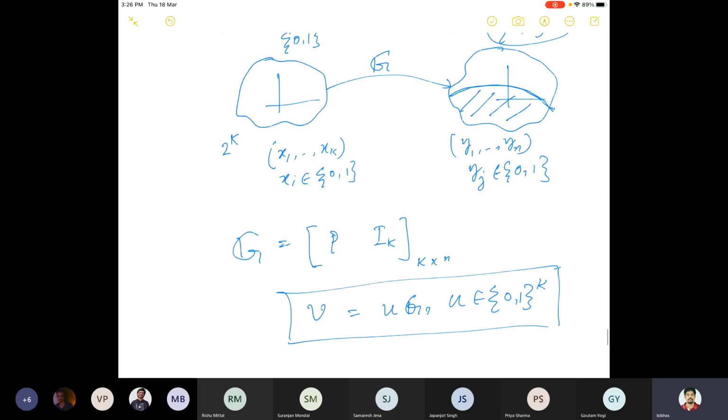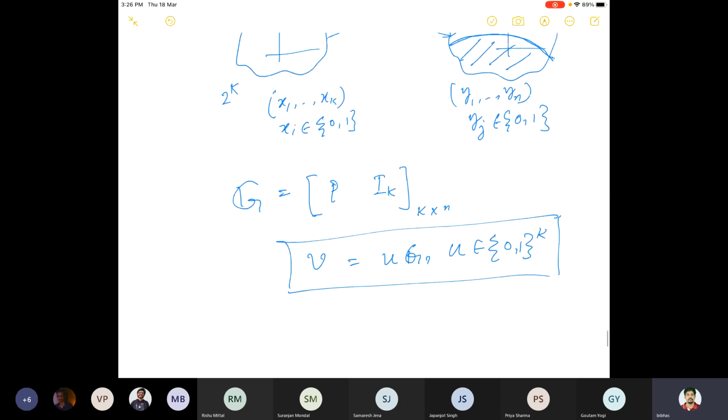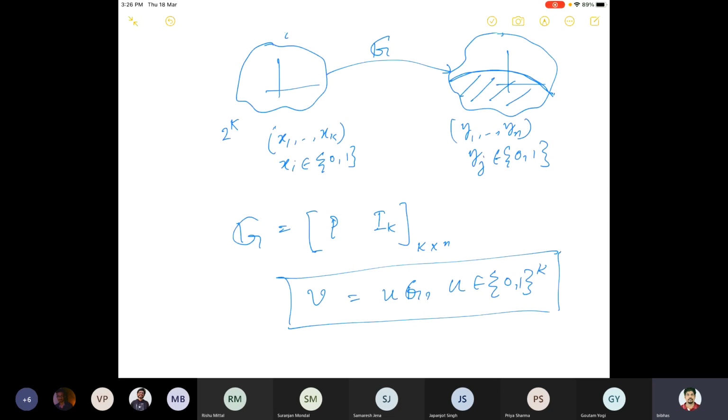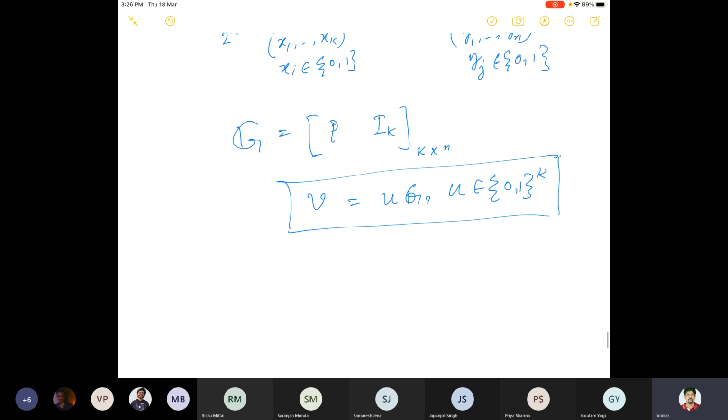And then we talked about how to understand whether, when you are sending something from this to that, transmitting these strings of 0, 1 of length n through some noisy channel. And then the question will be, there are two parts of the code word. This V actually has two parts. One is this k many part, and this is n minus k many. So this we said is parity.